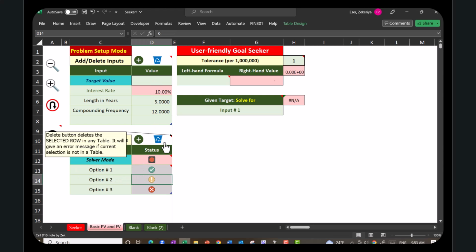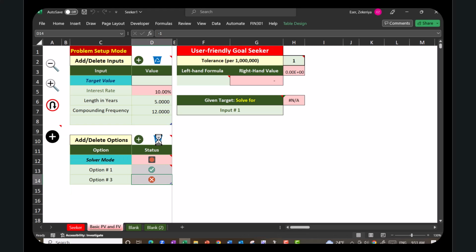And I'm going to call this future or present value. I kind of have a special format for those cells. There's also a little macro behind it, and again, I'll teach you how to do that sometime during the semester. When I double click on that, it actually toggles through green light, yellow light, red light. So if it's a green light, I'm going to view the problem as a present value problem. Otherwise, I'm going to view it as a